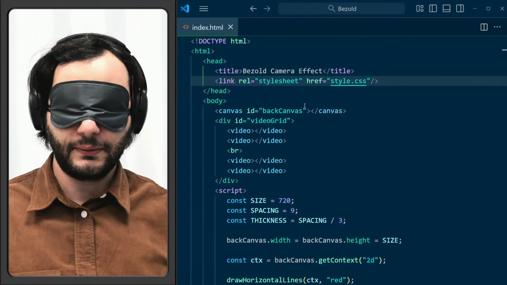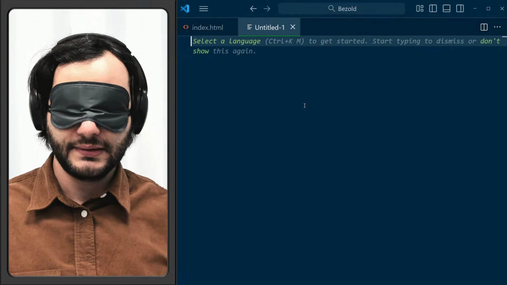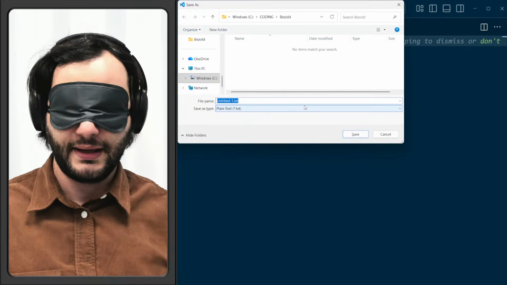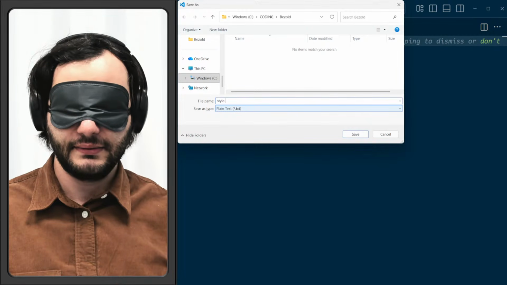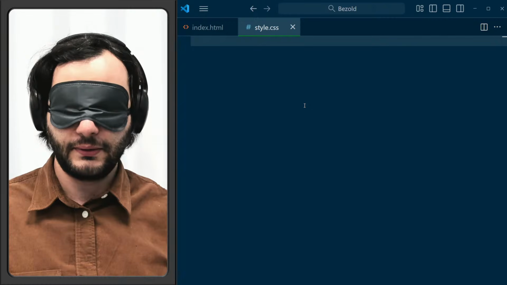And I'm going to create style.css by pressing Ctrl N. So this generates a new file. And let's also save it so that we don't forget. And the name of this file is going to be style.css. And in it, we are going to give a style to this video grid and actually also to